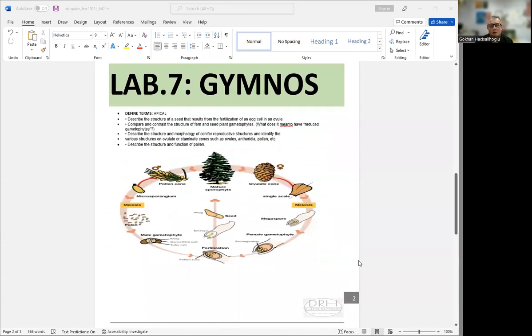Now, next group is Gymnosperms. Gymnosperms are cone-bearing plants. The tallest plants, biggest plants, oldest plants are all under this group. There are 4, and I'm talking about living plants. There are 4 phylums under this group. The most well-known feature of Gymnosperms is having a cone, like a female cone and male cone. Okay, they also have seed, but they don't have flower or fruit.